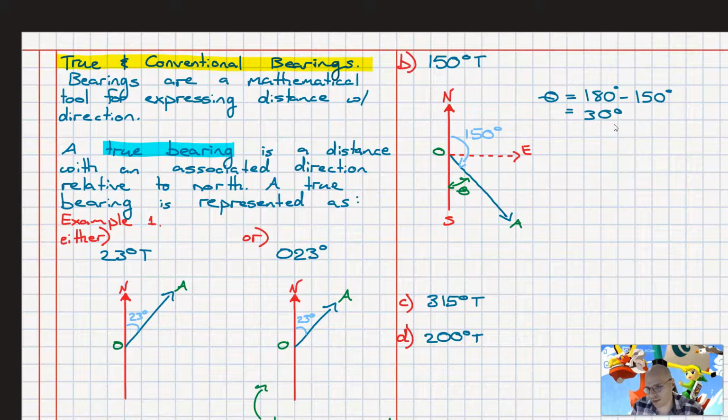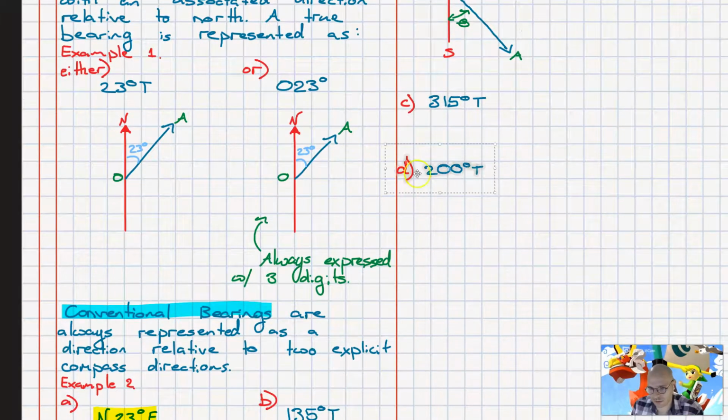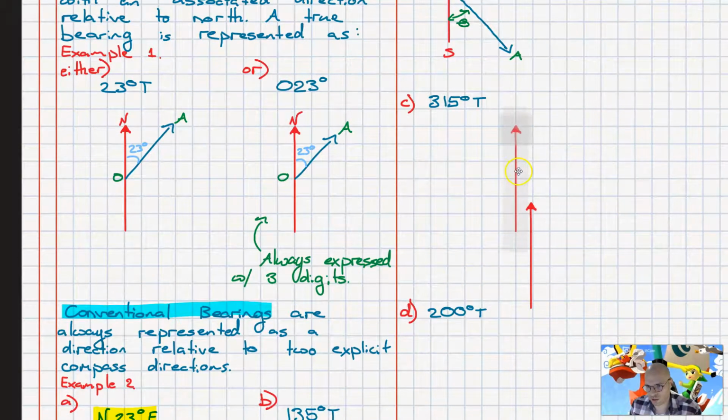Now, to be able to write this as a conventional bearing, we're going to go south 30 degrees east. So we start off from the southern pole here and we sweep 30 degrees toward the east. And this is how we write our conventional bearing. So this is our true bearing and this is our conventional down here. Okay, so that's example B. Let's have a look at example C. So in example C, we're going